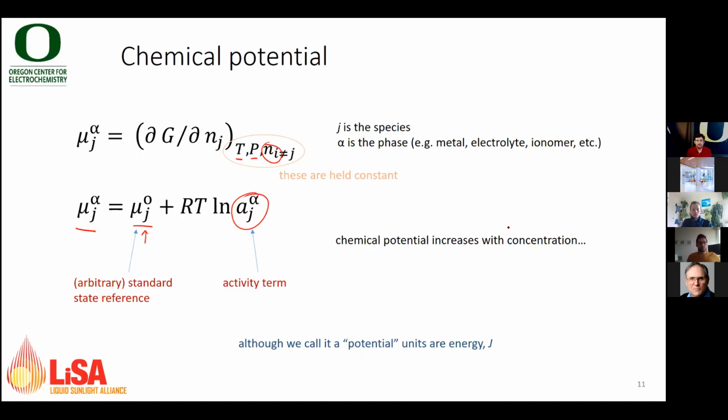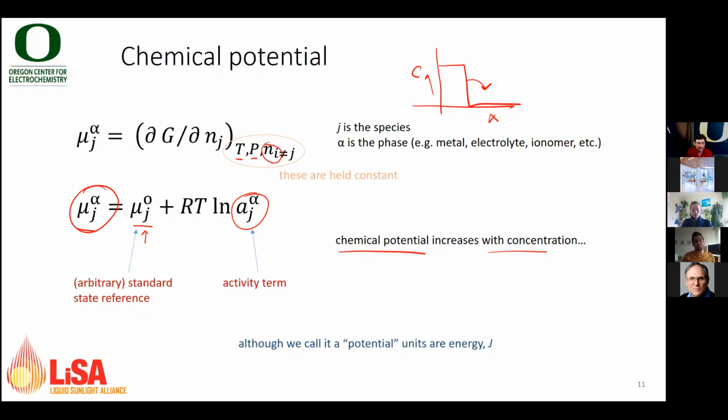Okay. And so this tells you the chemical potential increases with concentration. So if you want a lower energy and you have a high concentration of something in spot A and a low concentration in spot B, what happens? How do you lower energy? That's described by the chemical potential, right? Chemical potential increases, balls roll downhill. Chemical potentials for a given species will move to go from high concentration to low concentration,